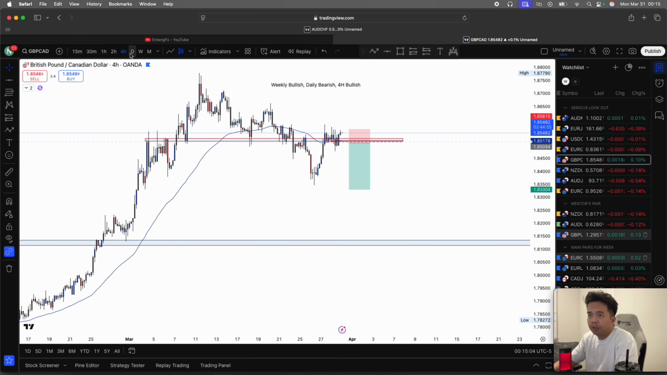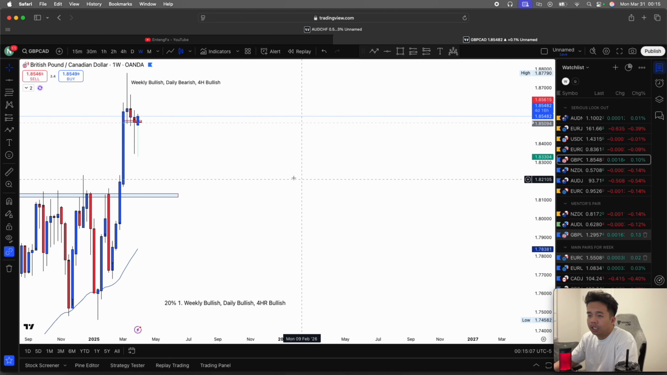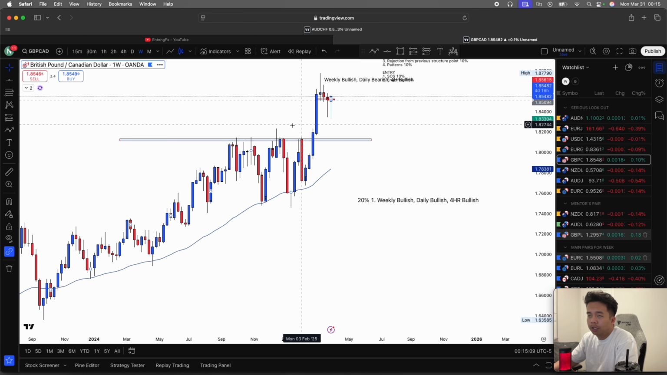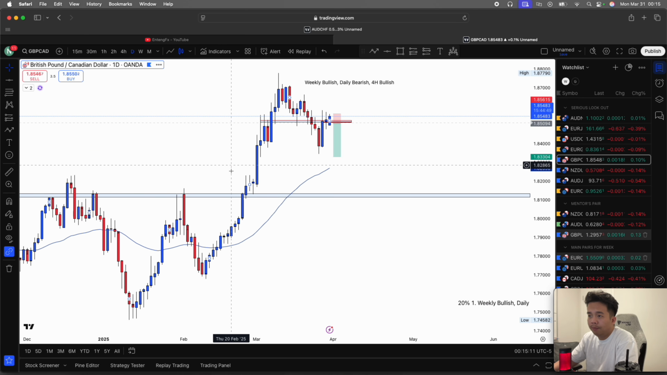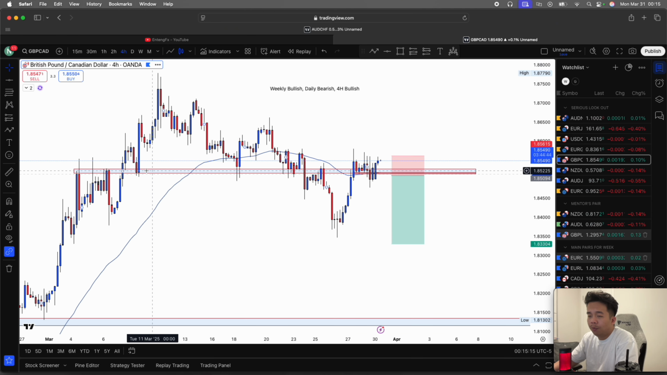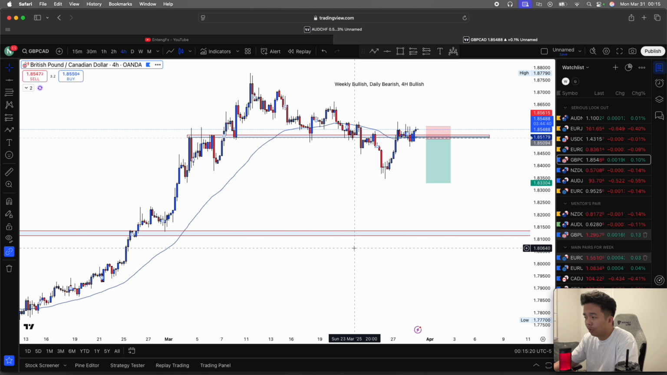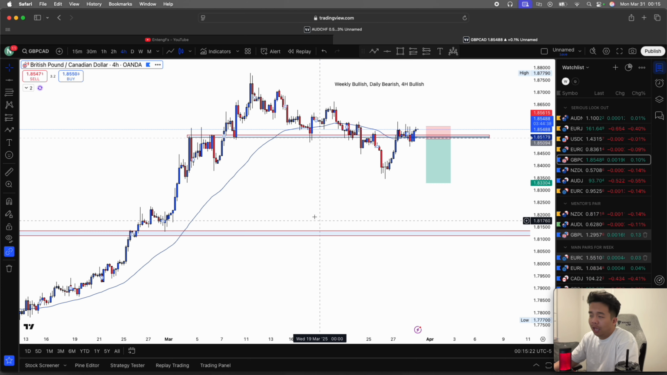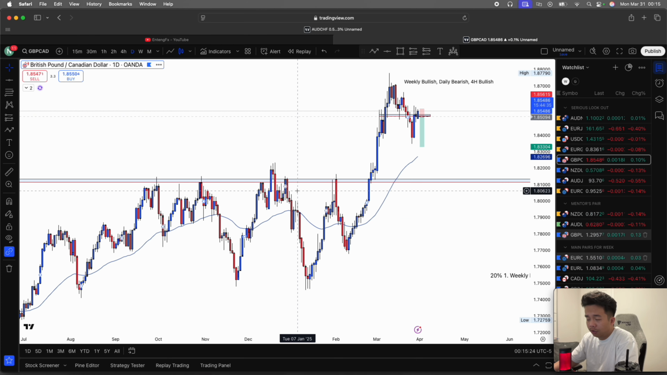GBP CAD. So on the GBP CAD, as you guys can see, we have a very strong bullish trend on the weekly. Same thing on the daily and 4-hour. We have an area of interest. So this is a very high risk trade because we don't have two time frames in sync, and we are actually taking advantage of the